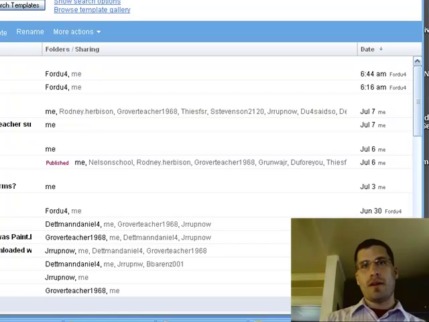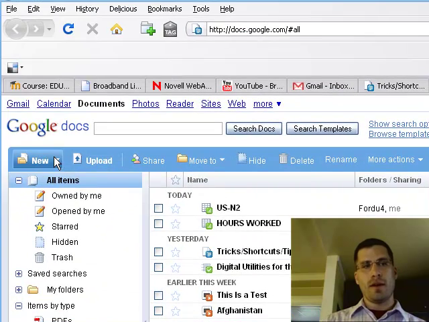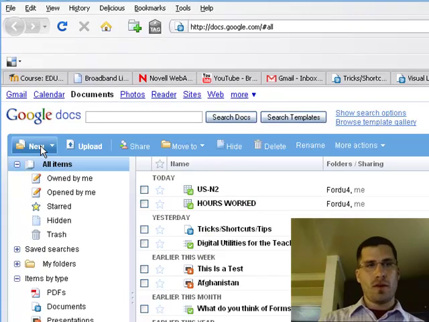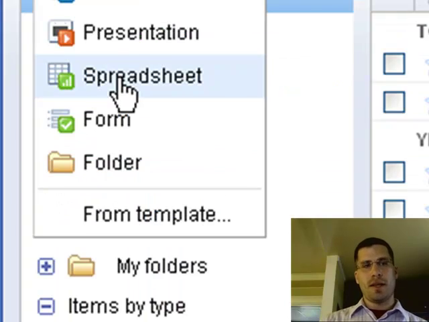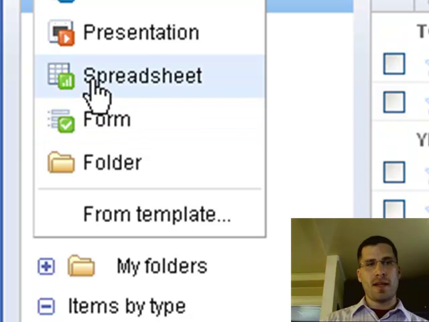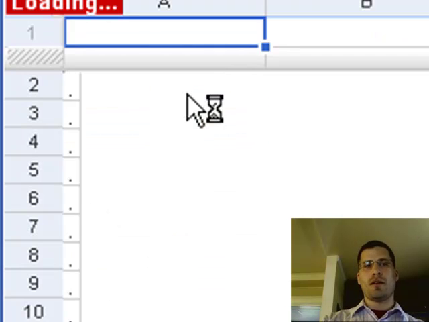Time to take a look at Google Documents spreadsheets. Let's go ahead and create a brand new one here. Go up to the New button up in the corner. Grab the spreadsheet this time, not the form. And what's going to happen is a spreadsheet's going to load here, and it's going to